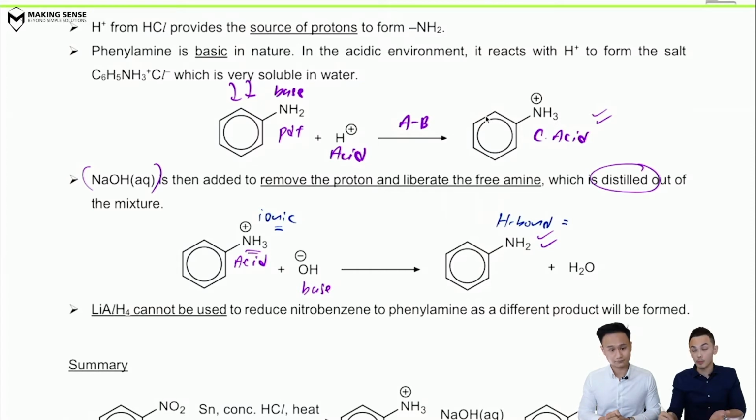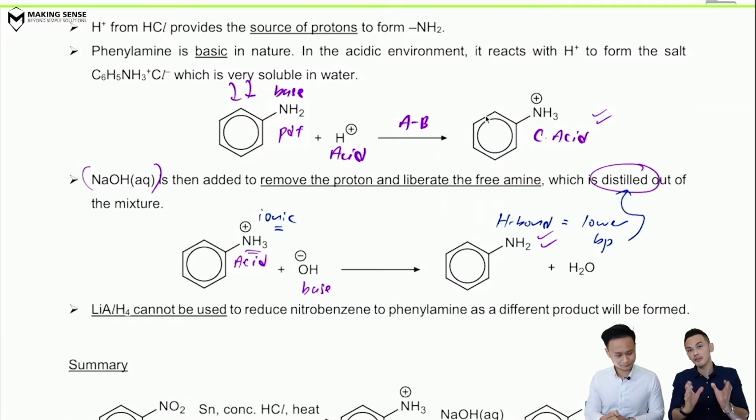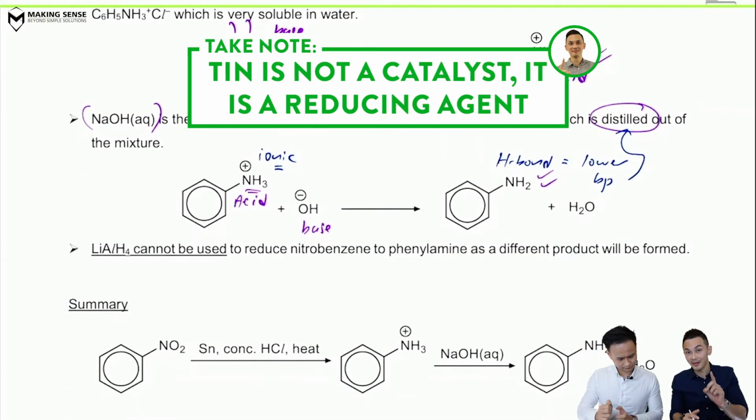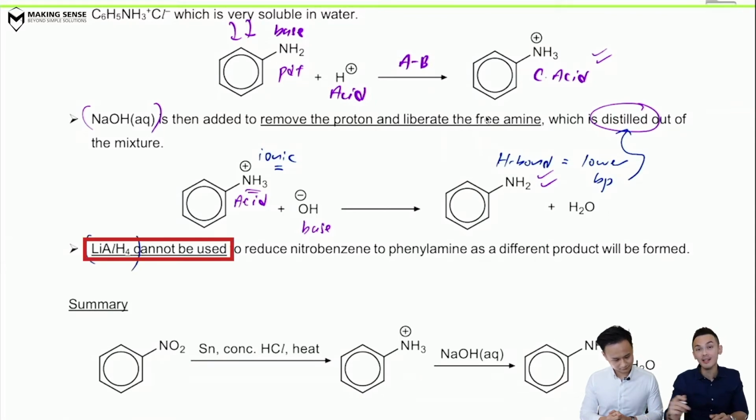H bonding is generally weaker. So the one that is weaker is expected to have the lower boiling point, and therefore we expect them to be distilled out of the mixture. Perfect. Right, so just notice this reduction is done in a very strange manner because we are using tin, and take note, tin is not a catalyst, right? A lot of people will think it's a catalyst, it's not, right? What it does is act as a reducing agent to reduce this, and we can't use our typical reducing agent, lithium aluminum